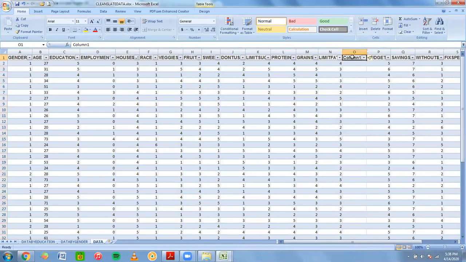So I created a column here, O. I'm going to call it nutrition. And in order to produce my overall nutrition score, I'm going to go ahead and use my adding function from Excel, right? My sum function. So I want the score from each question. So veggie, fruit, my new sweet score, we're not using this one, limiting sugar, protein, grains, and limiting fats. Okay,